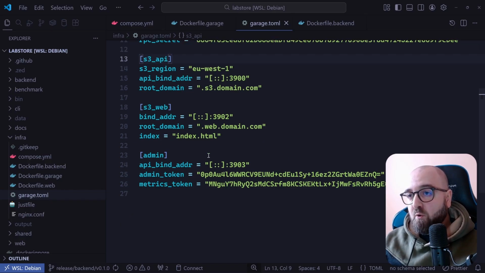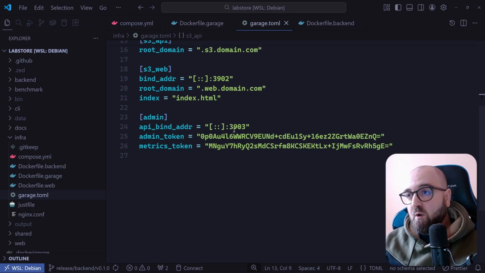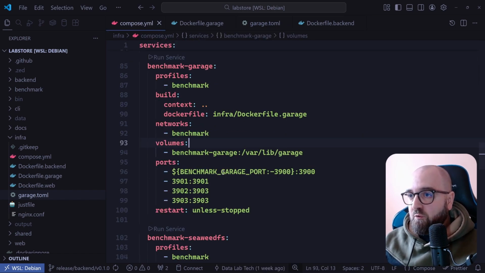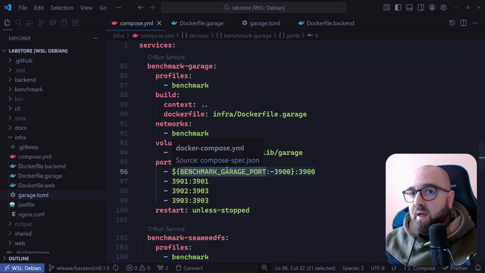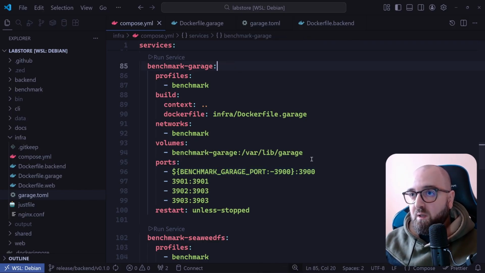And finally we expose the admin service on port 3903, which we'll need to use to set up the admin credentials. There are no environment variables that we can use to do so. So if you go into here, you'll see that we are only using this environment variable for the port. Everything else will need to be done through the Garage command, and we'll get to that later when we are going through the just commands that we set up to